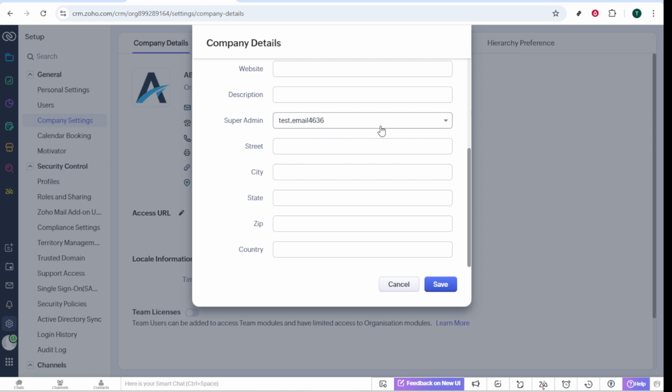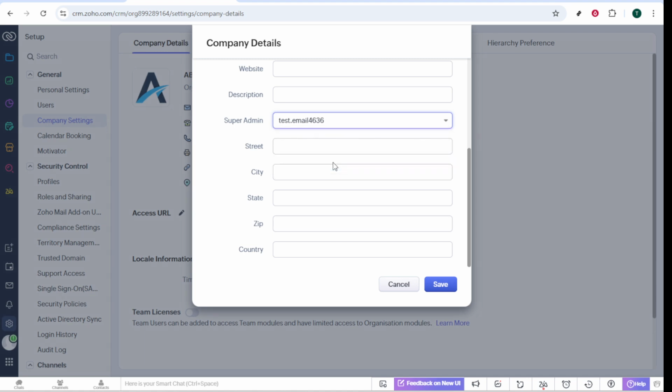In this section, you will find an option to search for users within your organization. Hit the Search Users option, and a search bar will appear, allowing you to look up the desired person by their name or email. This step is critical in ensuring the transition of the super admin role goes to the right individual. Once you've identified the person you intend to make the new super admin, select the user from the